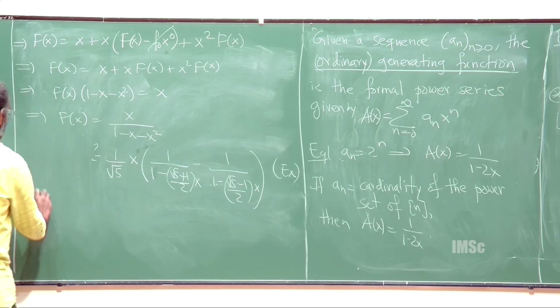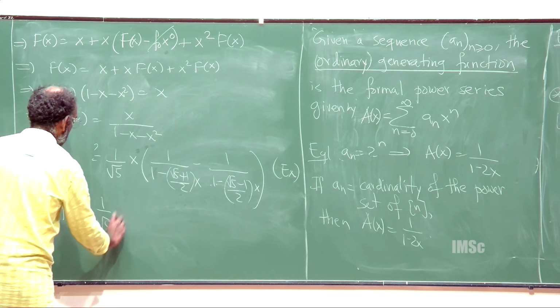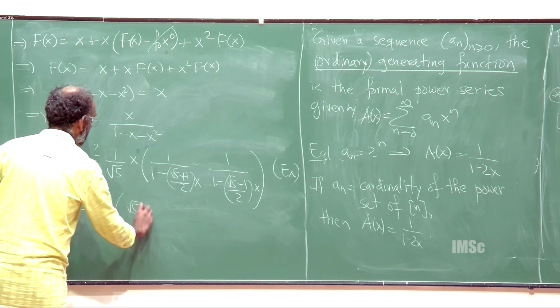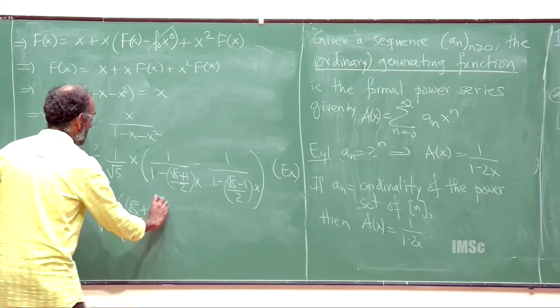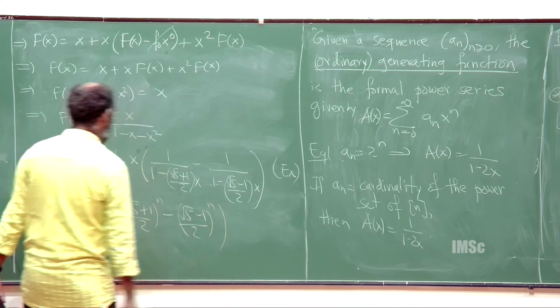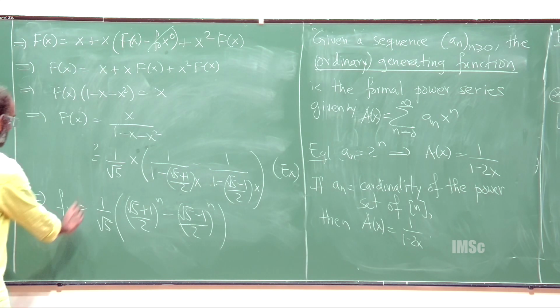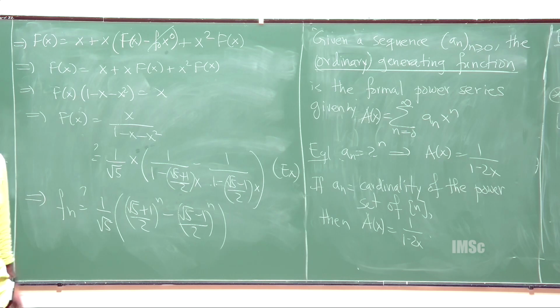So then using this, you get that Fn is 1 by root 5 times ((square root of 5 plus 1) by 2) to the n minus ((square root of 5 minus 1) by 2)^n. Again, there is a question mark here. Okay. So this gives a formula,